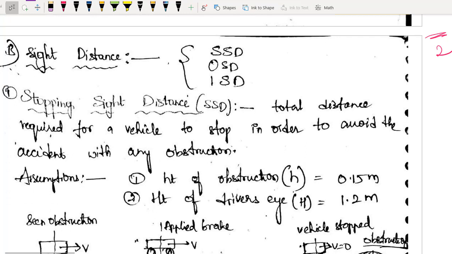Next concept will be sight distance. In sight distance we have stopping sight distance, overtaking sight distance, intermediate sight distance. What are they? We will study in tomorrow's module in detail. काफी interesting topic है. यहाँ से problem भी आता है. ठीक है? So very important problem we will study in this module. Have a nice day. See you in next module. आज जितना अब तक पढ़ा है ना, please revise because these bits are very important.